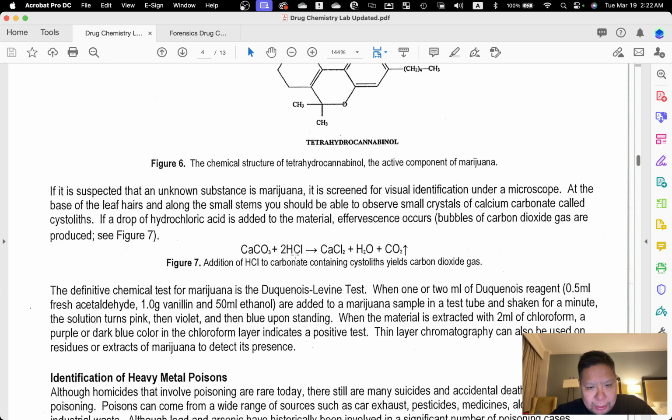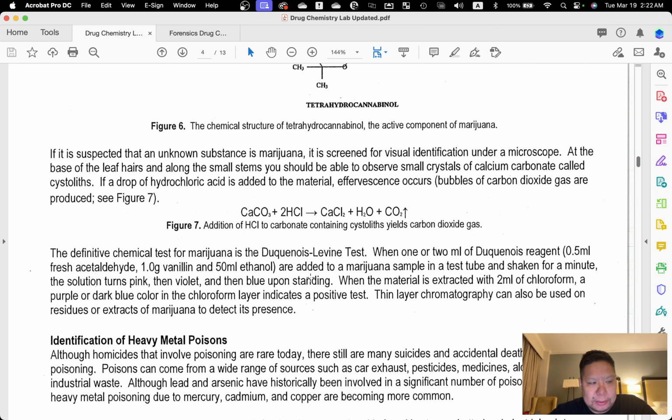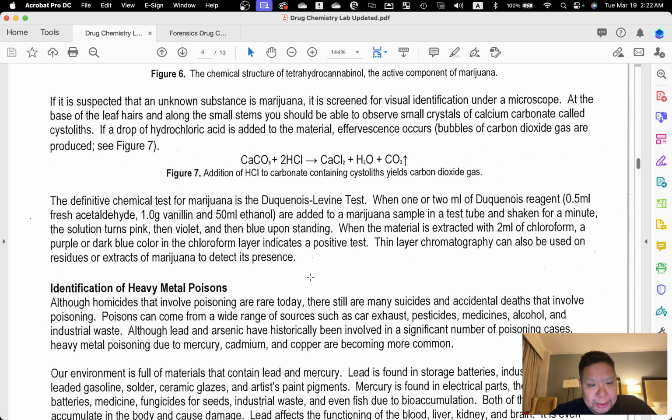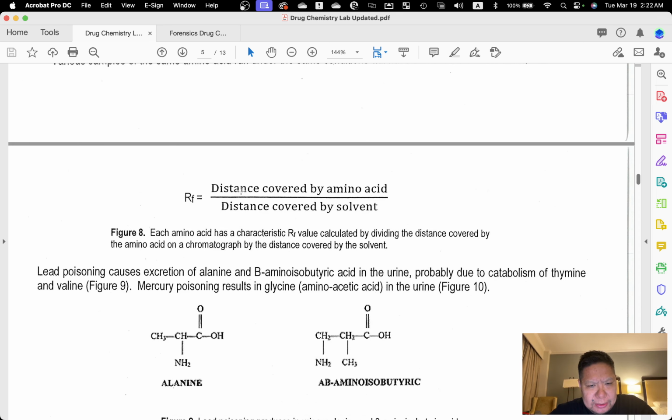It talks here about the test for marijuana in the field, called the Duquenois-Levine test. I talked about that a little bit in the drug chemistry lecture, along with heavy metal poisoning, stuff like that. This talks about